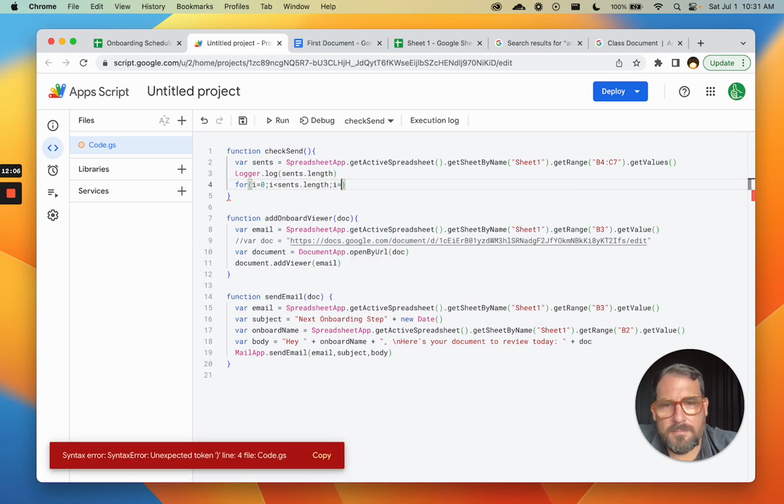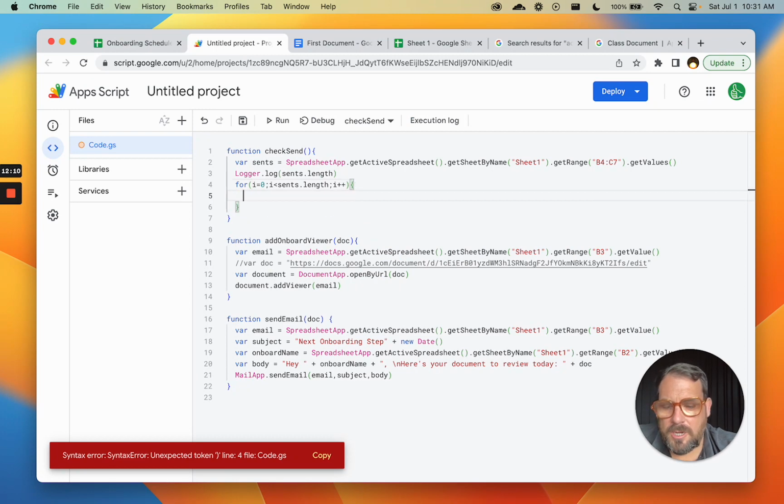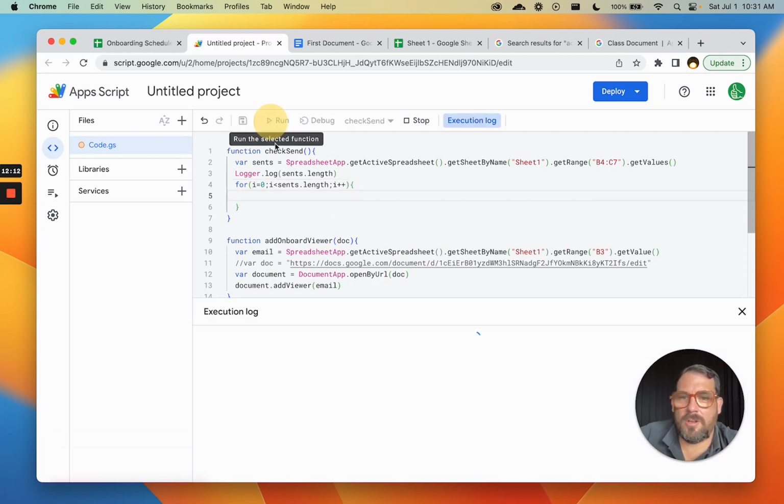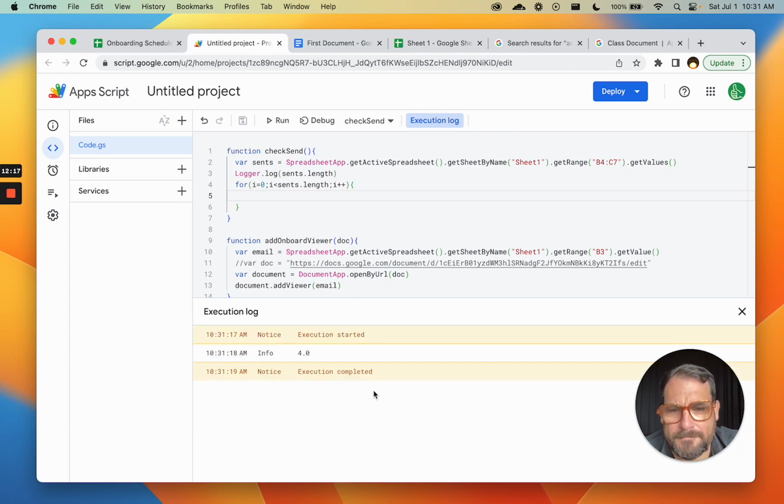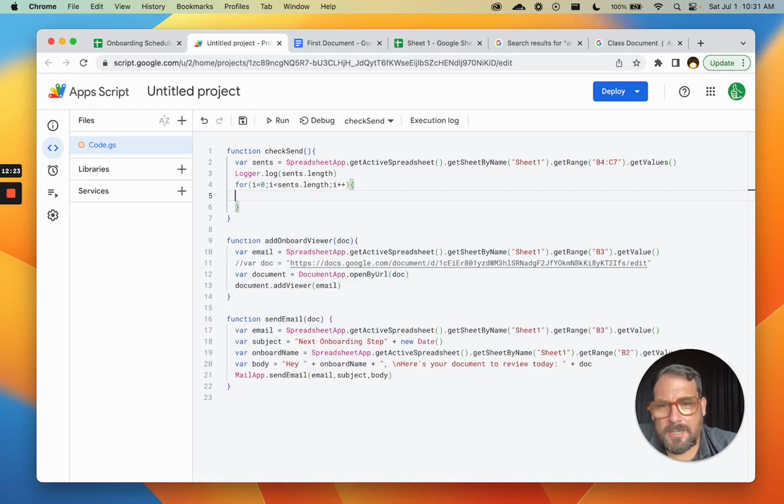Sense.length, i plus plus. Then we're going to put a little function here in a hot second, but let's just log this sense.length and make sure that it's 4 here. 4, exactly. So that's how many there are. So there's 4 items. And for each one, we want to check if